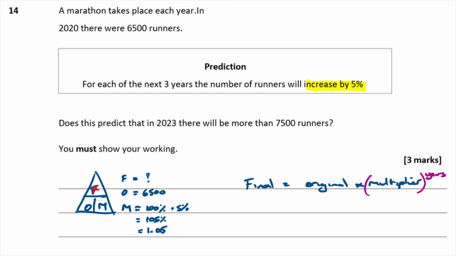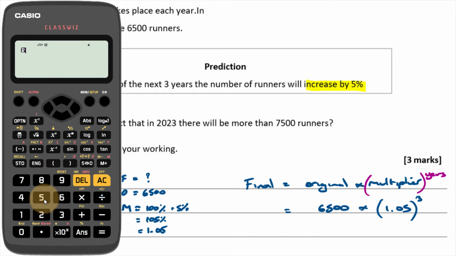And how many years is it? Years is 3, isn't it? So it's going to be 6,500 times 1.05, but that is raised to the power of 3. Basically, you're multiplying by 1.05 three times, aren't you? Okay, times 1.05 times 1.05 times 1.05. So type that into the calculator. 6,500 times 1.05 to the power of 3. That comes out to be